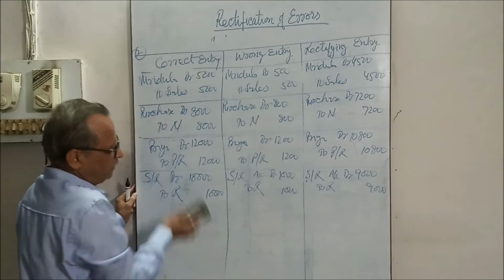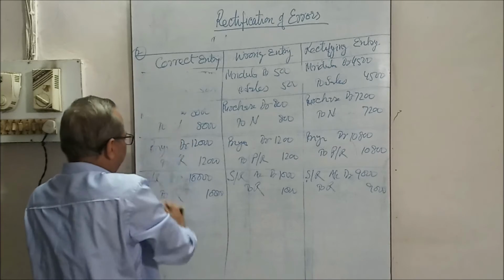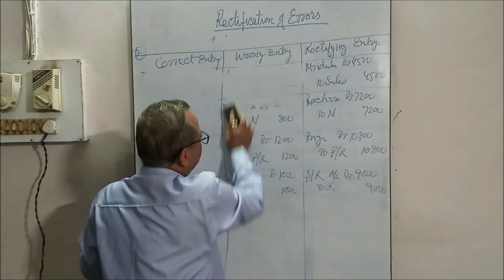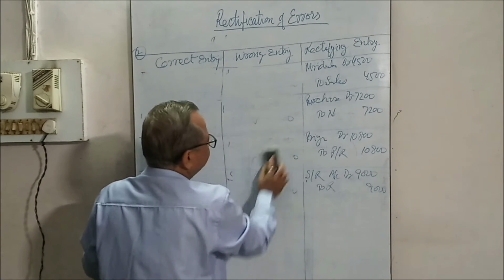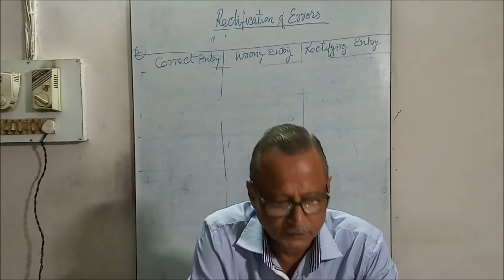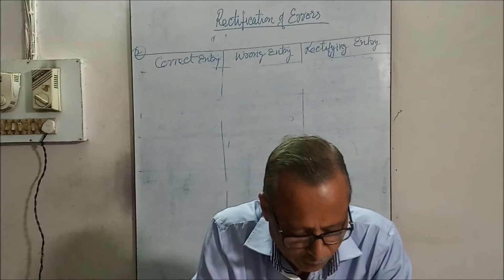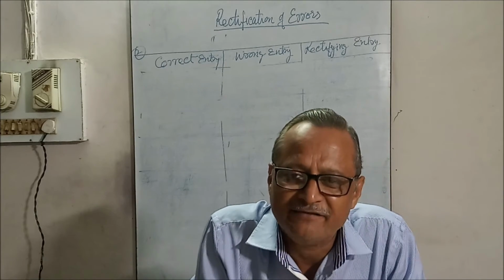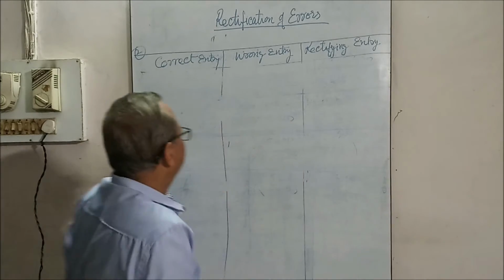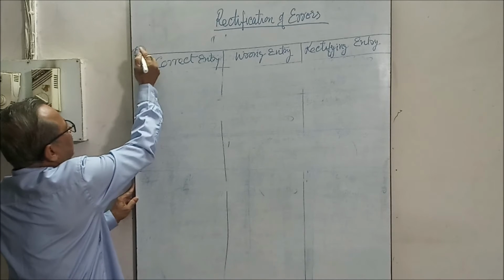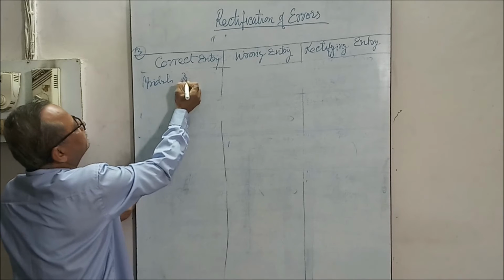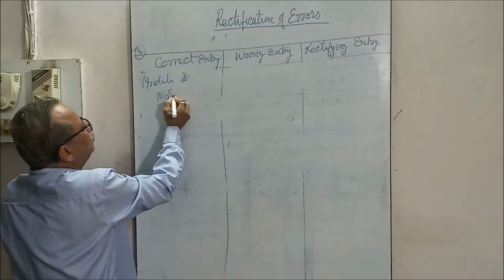Now we will take the third question, in which there is an arithmetical error but an excess amount recorded. Excess amount recorded. Then how to correct it? See. Third question is credit sales to Mridula 5,000 recorded as 5,400. Arithmetical error but excess amount recorded. The entry first should be Mridula debit to sales 5,000.